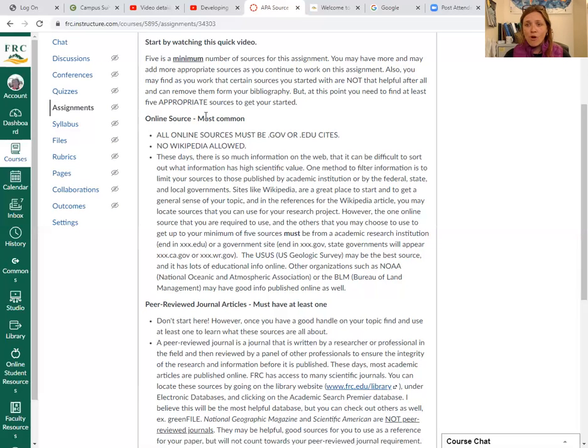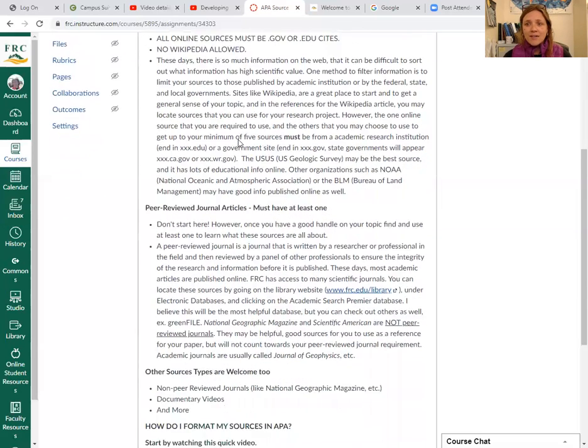And as I mentioned before, Wikipedia is a great source of information. I read multiple Wikipedia sites every single day. I love Wikipedia, but it's not a site that you can use to cite scientific information. You can use it to get a good overview of your topic. You can go down to the bottom of a Wikipedia site and look at the source list there, and then that might take you to other more specific websites or journal entries or reports that you can end up using as sources if you